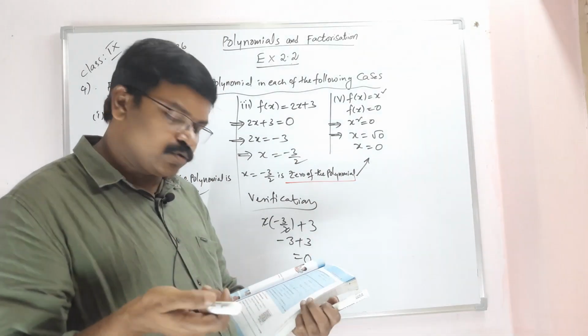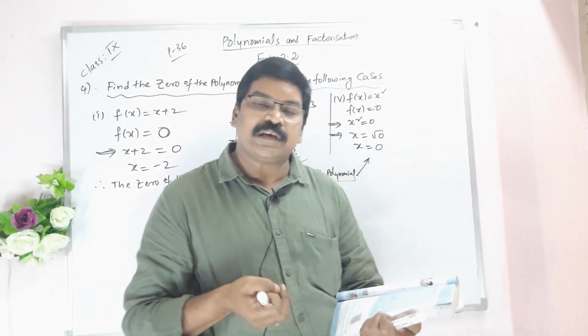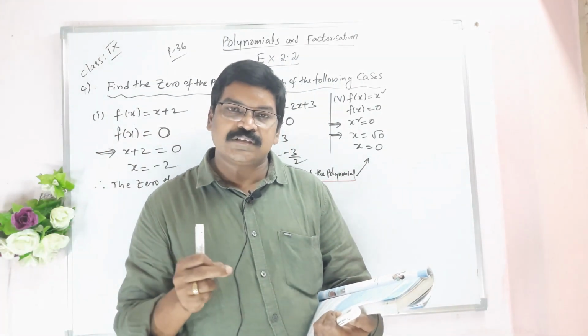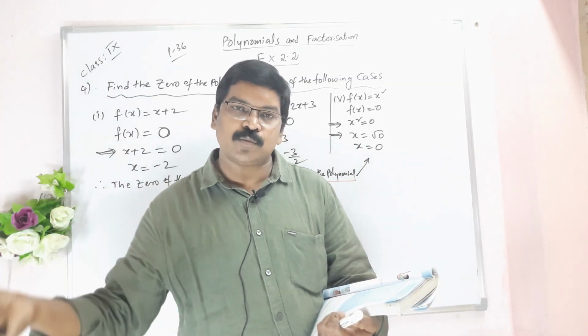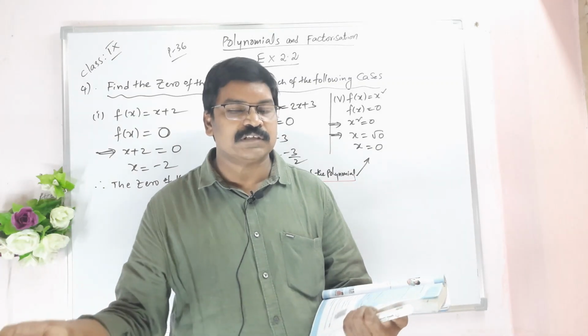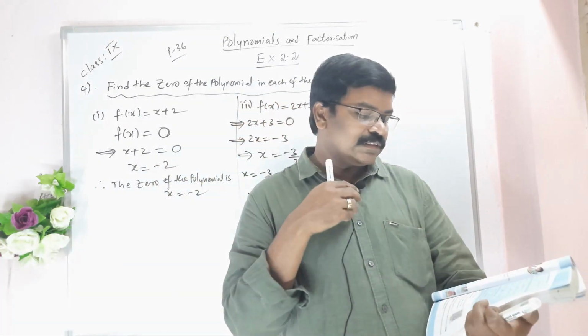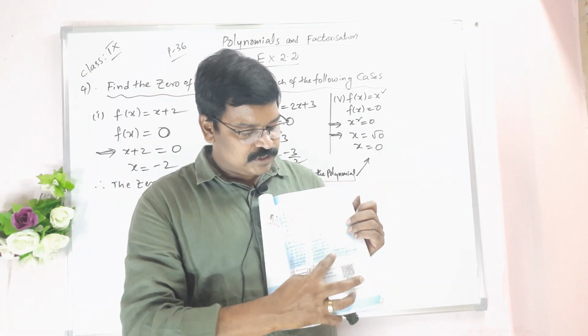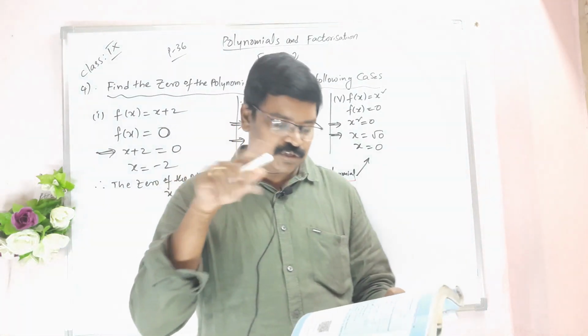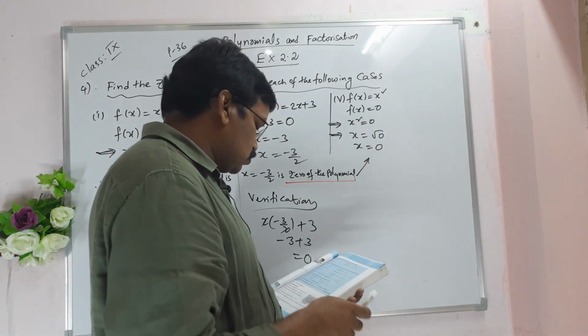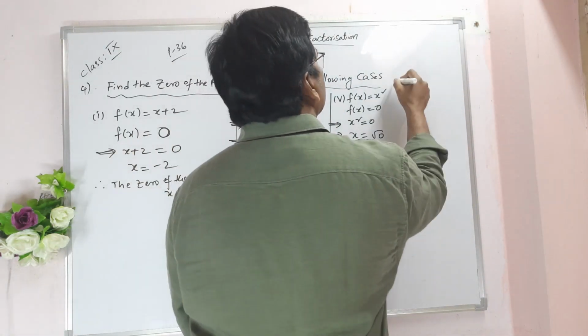Now coming to the sixth question, you can do f of x is equal to px, that is p into x, means px is equal to 0. X is equal to 0 by p. 0 by p means 0 only. So x is equal to 0. For this polynomial f of x equal to px, the zero of the polynomial is 0. Now coming to the last question, seventh question,